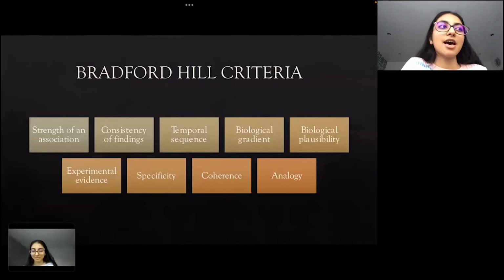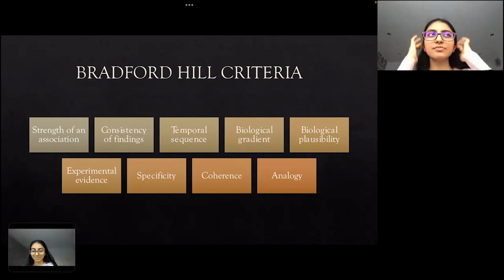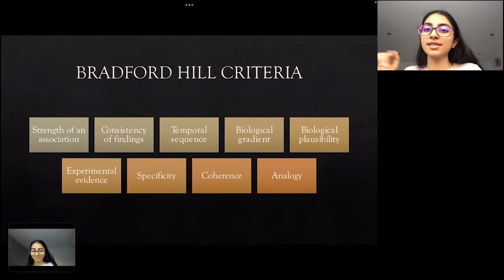Okay, so now I'm going to be talking about the Bradford Hill criteria. You'll learn in the upcoming sessions about what to look out for from a statistical perspective. But the Bradford Hill criteria only applies for observational studies, firstly, just to start off with. It doesn't really apply to RCTs, so randomized controlled trials, because, as I mentioned before, randomization is helpful in eliminating a lot of the biases that exist. So if an association is statistically significant, so normally if P is less than 0.05, and if the confidence interval does not include 1,